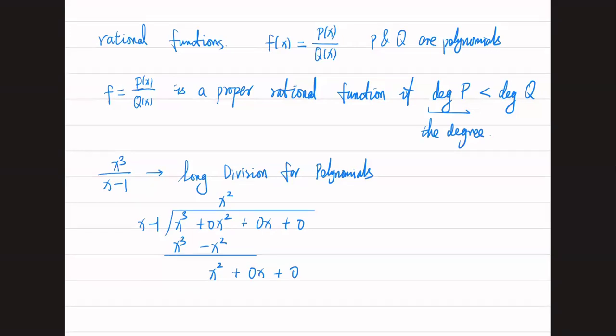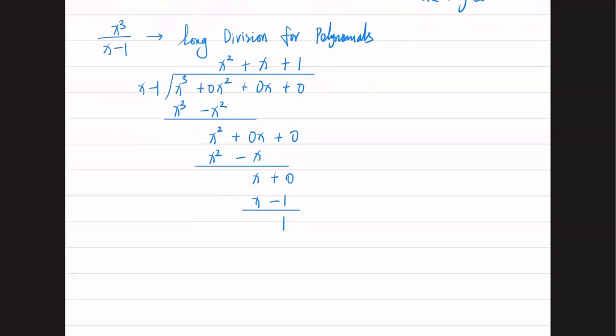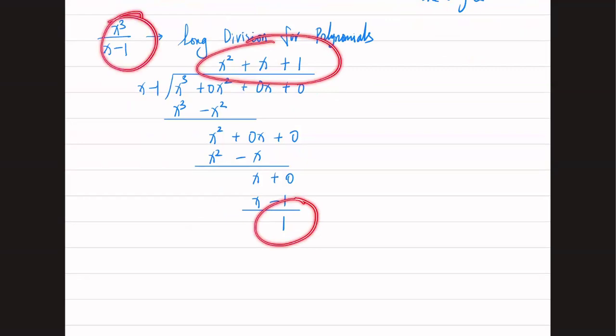You do x squared minus x again. It's 0 minus negative 1 to be x plus 0. Okay, so now I can see just 1. It's x minus 1. 0 minus negative 1 is 1. So in this way, we have the quotient and the remainder. We can write this as